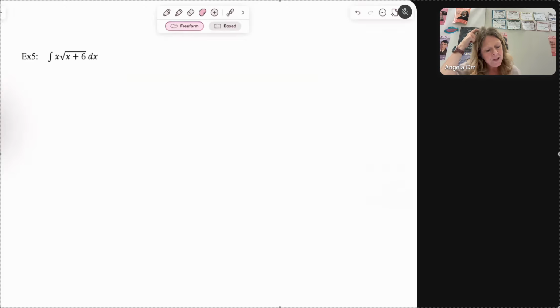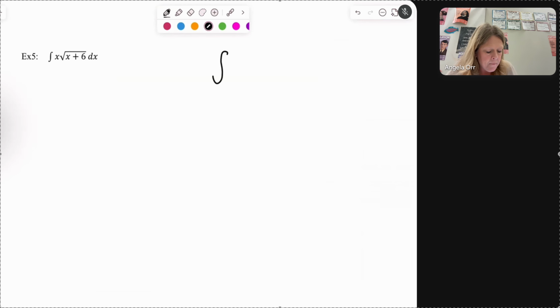Greetings. So let's take a look at another type of U-substitution scenario. Here, substitution can frequently be used when we have a linear function times the square root of another linear function. In terms of algebra, I can't simplify this algebraically, but I can simplify something that looks like the